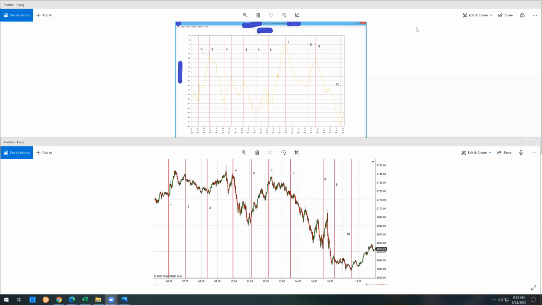Moving to our next technique, we're going to take a look at the Astrodynes. With the Astrodyne, we have a software which will be provided with the book, and what this software does is create this graph, which is the top part of the screen here. You can see the orange line is the graph, and this gives us a price curve and turn time indications for the day. Now, the red vertical lines on the top chart are matched up by the red vertical lines on the bottom chart, which is the actual price chart of the E-mini ES.